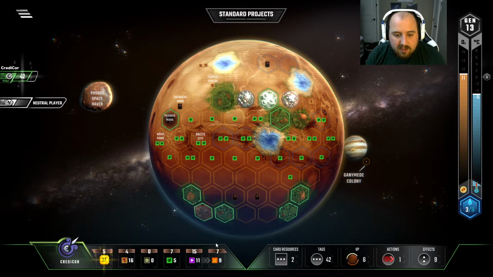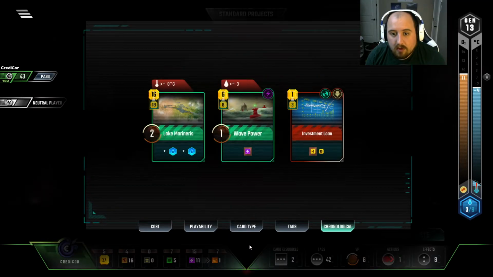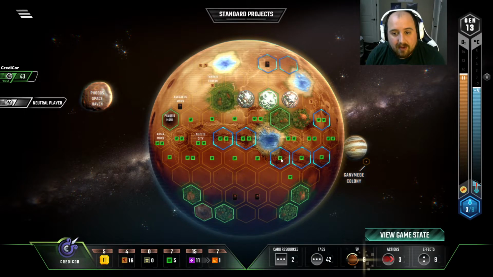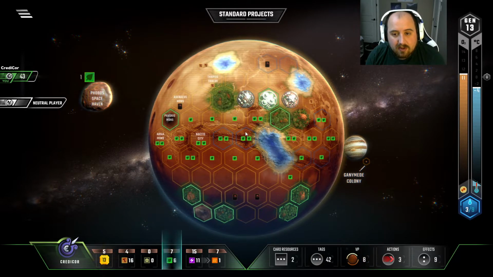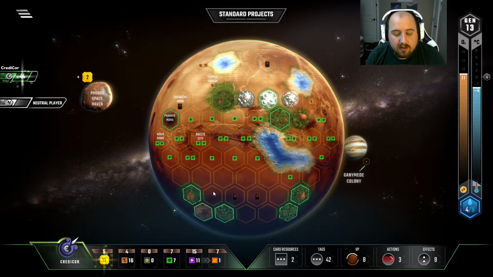And a lot of plants coming in. Lake Marinara so we can play it early. Yo, that's actually really great. So do we go here and here instead of across? I mean, across was fine. That gets us a ton of plants. I guess we're good for oxygen. Maybe I should have just let it all come into heat, but